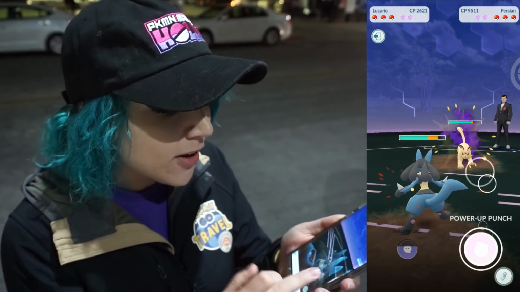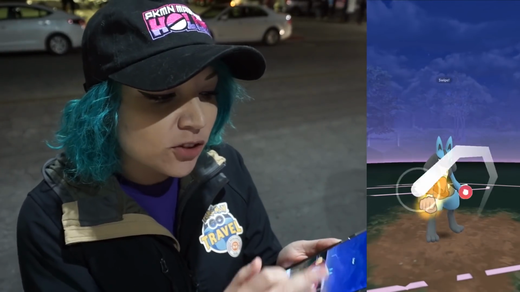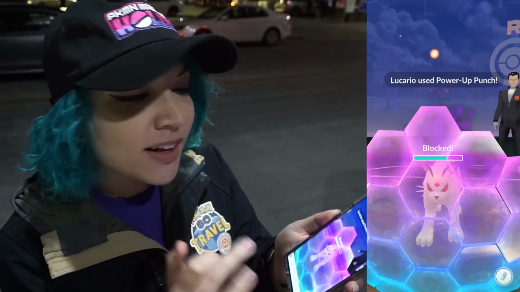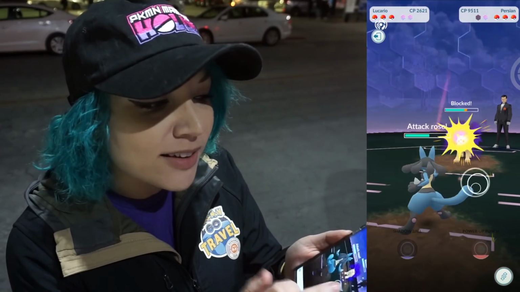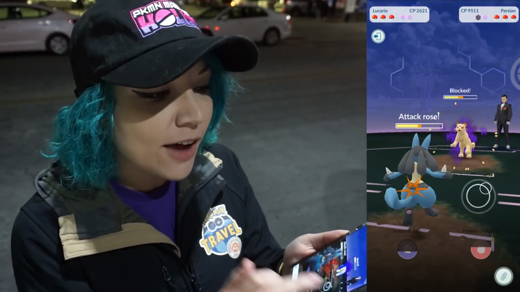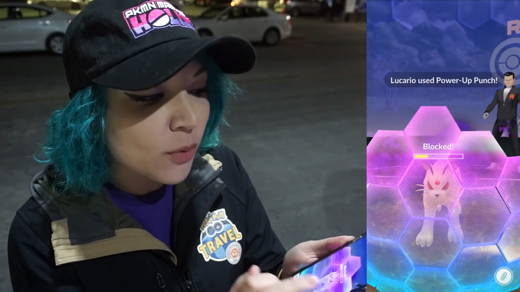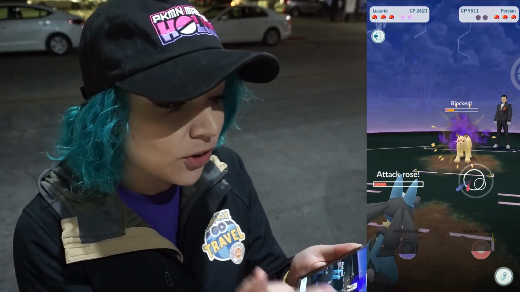Also, remember that Giovanni is always going to block your first 2 charge attacks. He's always going to shield those first 2, so it doesn't really matter. But you want to get the charge attacks off as soon as possible because you don't want him to have shields on any other Pokemon other than Persian. Persian's the only one that you can afford to have shields against because Persian is the weakest out of the 3. So with this second charge move, we're going to have both shields down, so we're good to go to